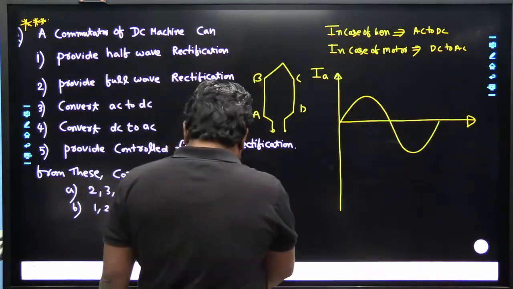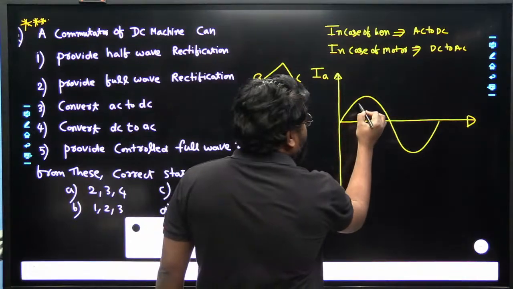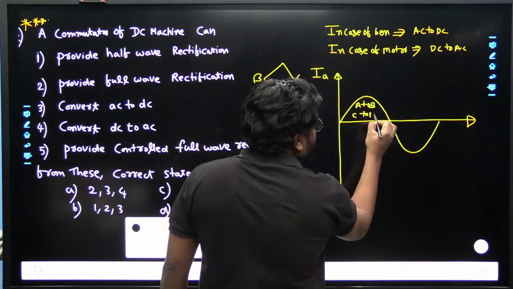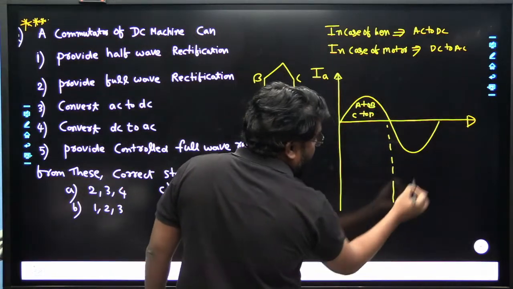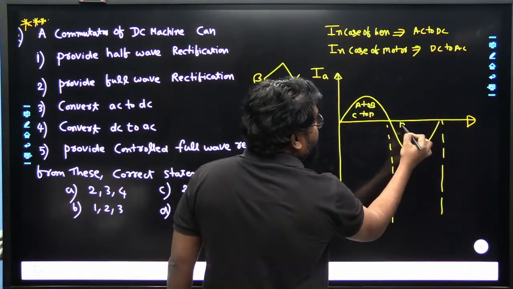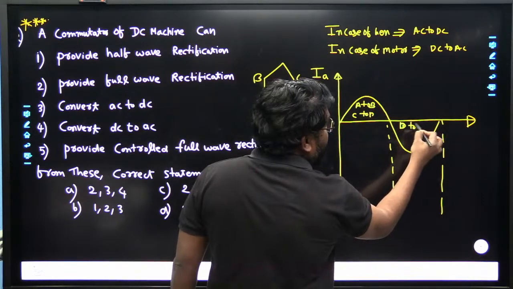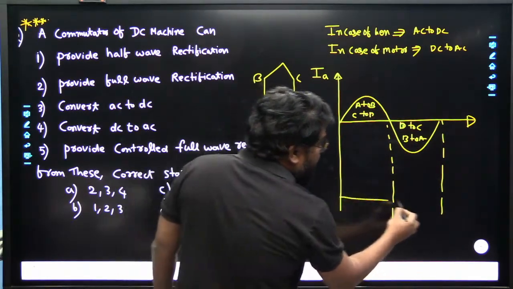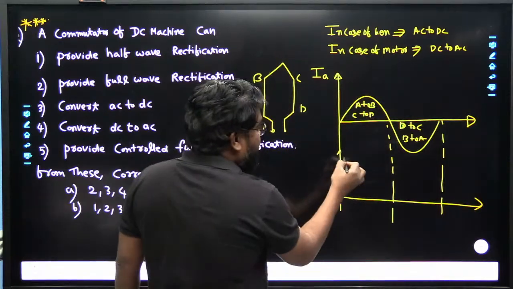In the first half rotation, the current flows from A to B and C to D. In the second half rotation, it is D to C and B to A. But the current in the load